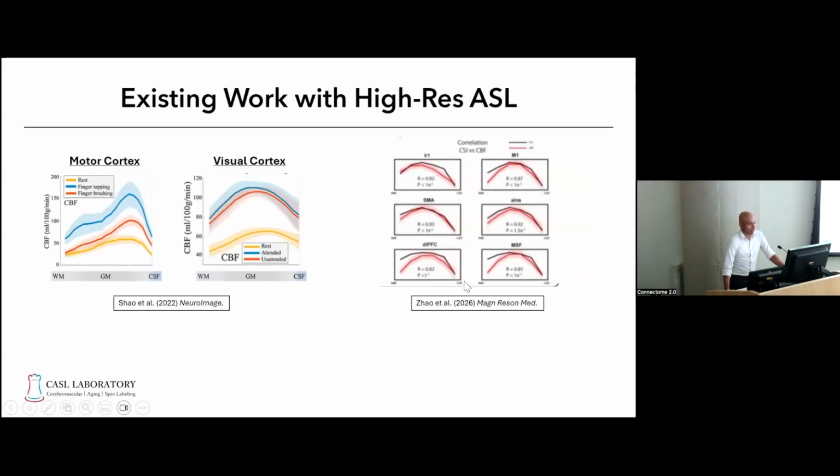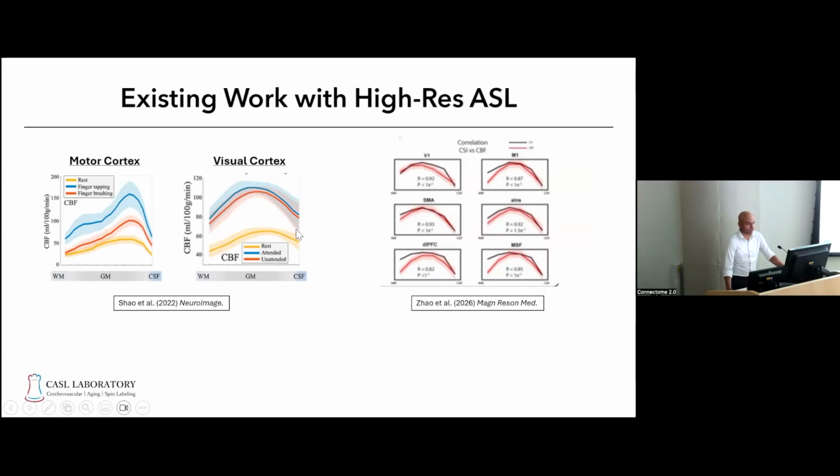Pretty recent work from Danny Wong's group at USC has shown the feasibility of doing this at high field. These are 7 Tesla results on the left using 3D GRASE in a limited field of view application, showing gray matter perfusion as a function of cortical depth, going from the white matter surface to the pial surface from left to right. First in the motor cortex, and these orange plots here are the ones where the data was acquired in the resting state, and also in the visual cortex on the right. In both cases, we see that the perfusion tends to increase as you go from the white matter to the pial surface up until a certain point, where it seems to drop off as you get to